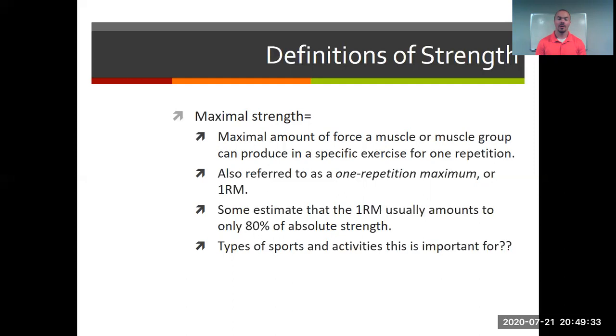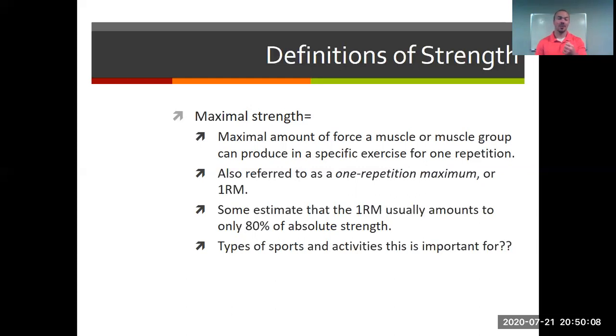So with our 1 RM, the most clear answer would be a power lifter who competes in the events of a squat, bench, and deadlift, an Olympic weightlifter who competes in the snatch and the clean and jerk, maybe some CrossFit athletes, depending on what events are at the competition that day. But then when we get away from the barbell and away from some of that true strength expression,